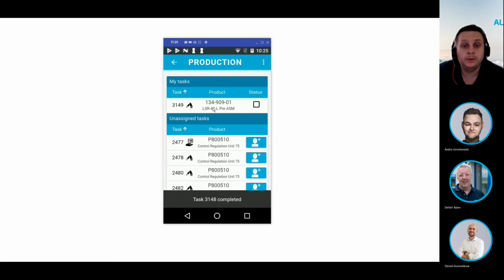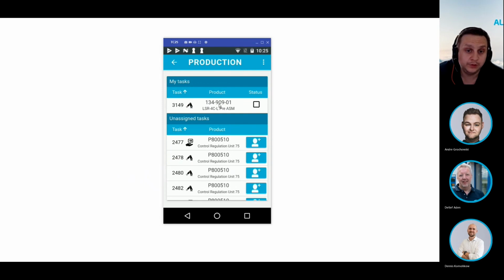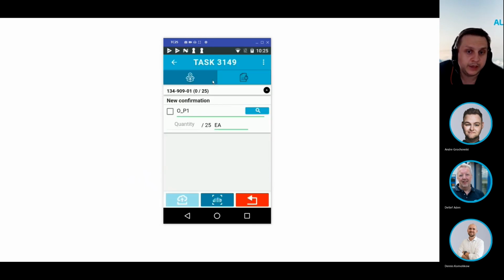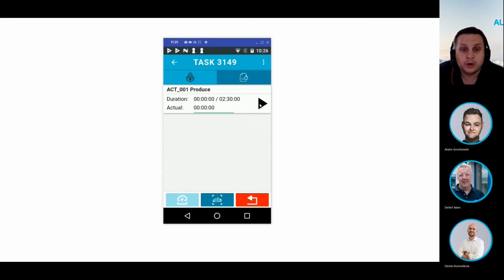And now we are going back to the folder, and we see the last available task 3149, which is the task to confirm the output product and I think some activities. So let's open the task. Here we can now see the output product as well as one more activity. We start the activity